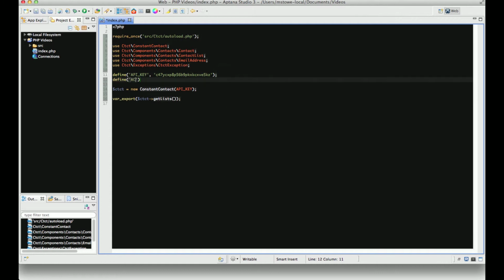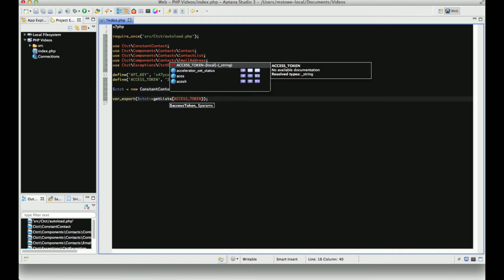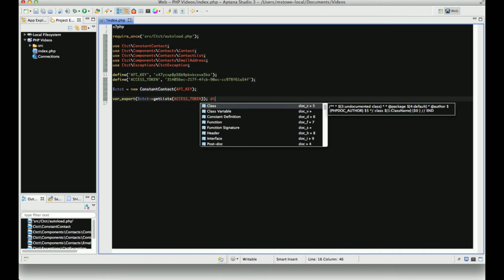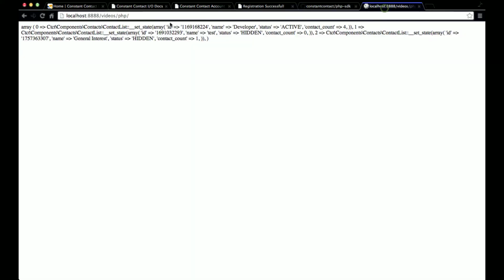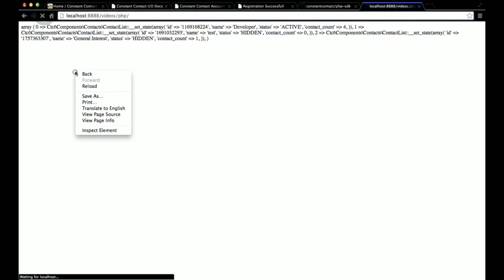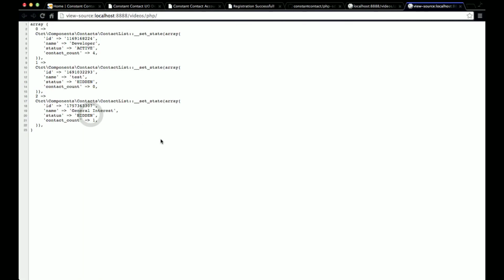So define ACCESS_TOKEN. Throw that in there. And now if we do getLists with the access token, and we'll go ahead and put a die in there as well, and we jump back to our script, and we click refresh. We can then do a view source, and you'll see these are the different lists we have to choose from. So we can actually choose which list based on ID we want to add our contacts to. In this case, we want to add them to the test list, so I'm going to grab that ID,